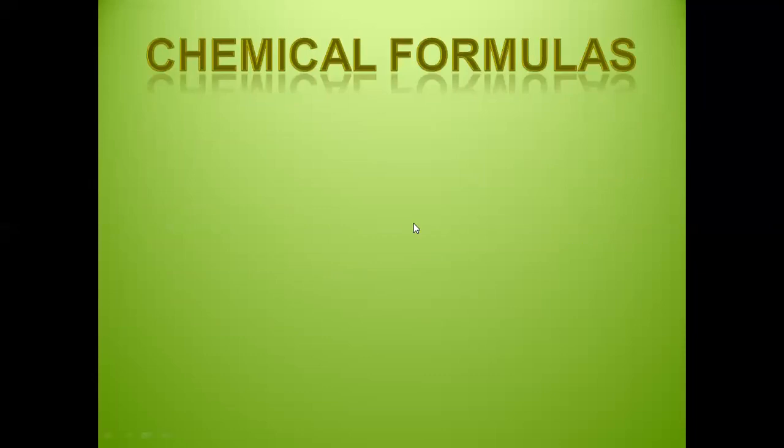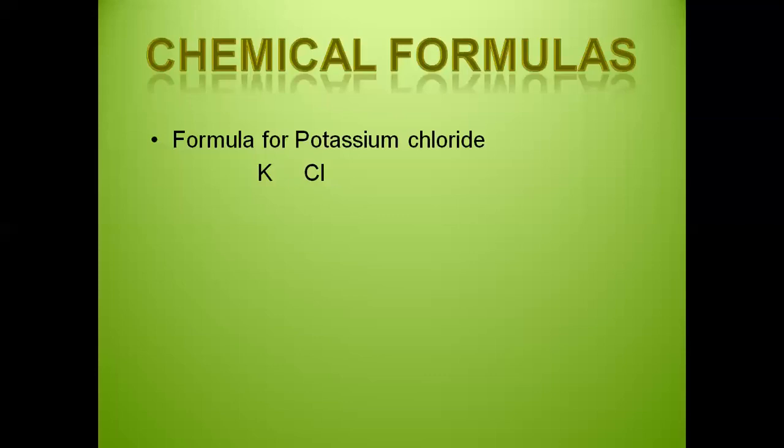So let us begin with the first one, the simple example of potassium chloride. From the table, I know potassium is K, which is positive. Chlorine, Cl, is negative. The charges, positive and negative, are required only to write the order: the positive should come first and the negative should follow. Otherwise, we don't need any charges here. We only have to write the valencies at the base. The valency of chlorine is 1, and potassium is 1.